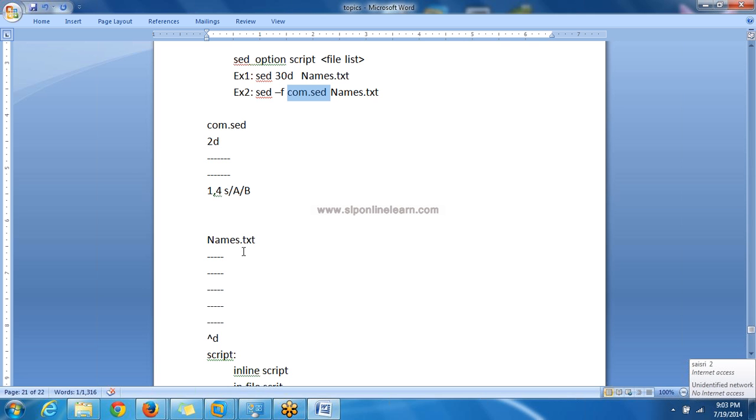If you see the execution of this command, first it will take the first line from the script file. This first line is the regular expression or some command. So it will take this command and the input file. The first line will be copied into the buffer area.